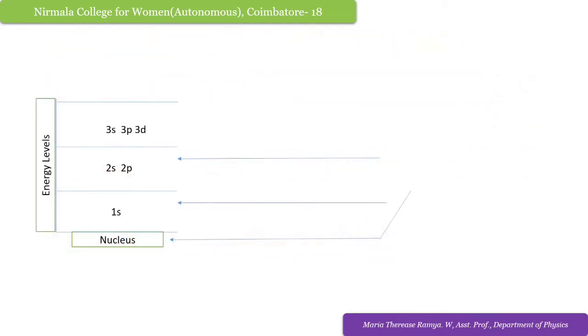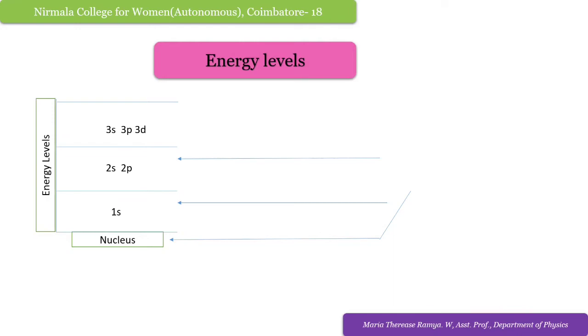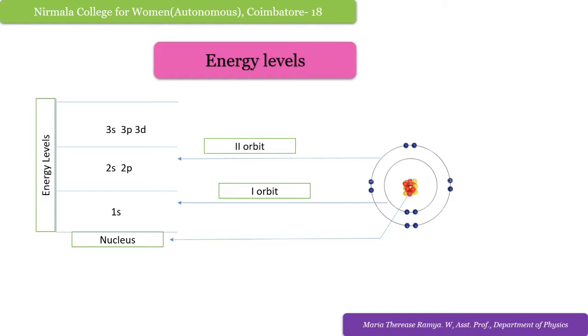Next, he also showed the energy level diagrams. The nucleus is denoted. These are the energy level diagrams. First, the center portion is called the nucleus, and in the energy level it is represented as the nucleus. The first shell is called the 1s level, and the next one is called the 2s level, and it goes on. These are the energy levels. First orbit level, second orbit level, and